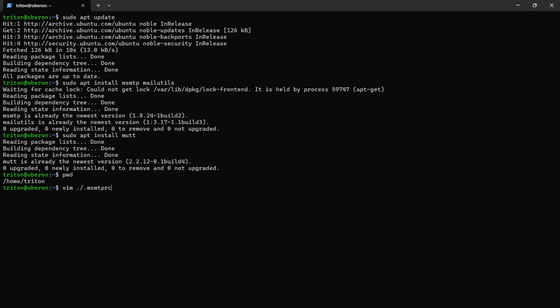msmtprc. This is the msmtp run configuration. When you start msmtp, it will pick up its configuration from there. In this configuration, we are going to write some variables, especially our email. When we are sending email, we have to tell msmtp what email it is going to send it